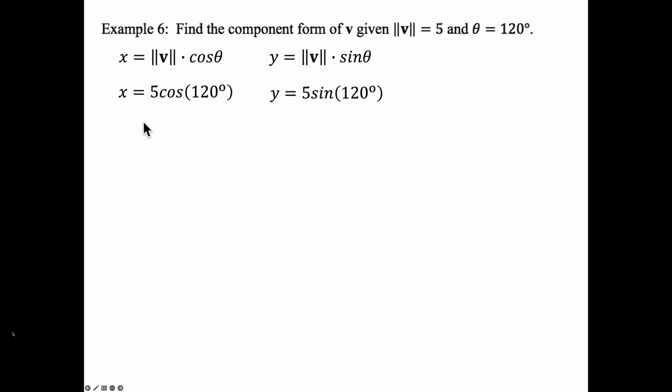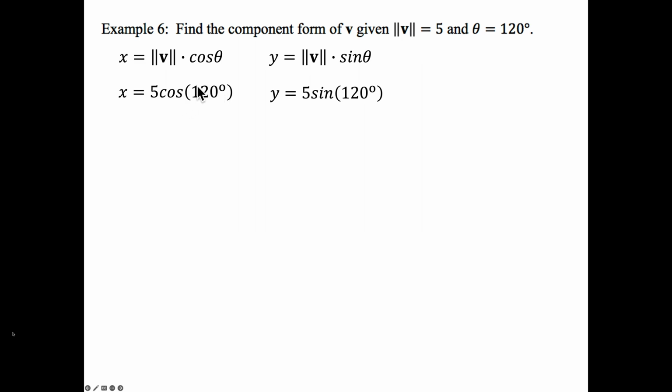So if we were given the magnitude of vector v as 5 and we were given an angle of 120 degrees, we want to put vector v in component form. So take your two representations, x equals magnitude of v times cosine theta, and y equals magnitude of v times sine theta. Let's plug in the values, 5 and 5. Cosine of 120, sine of 120. Now, if you recall,